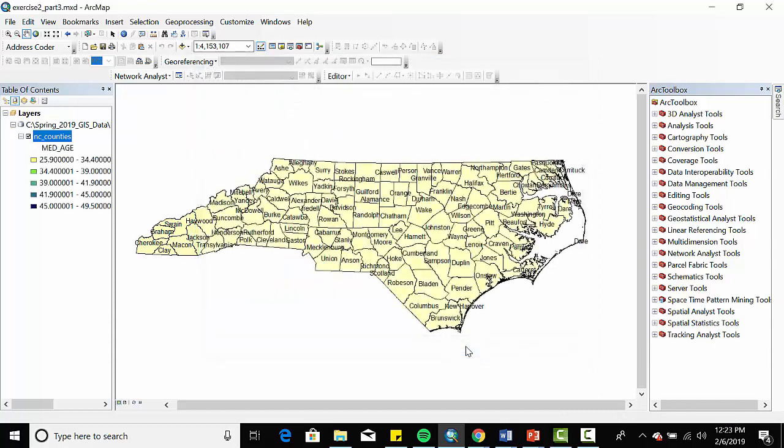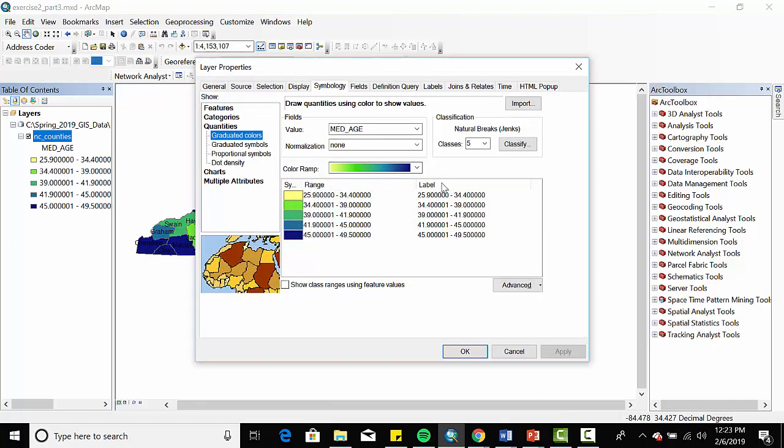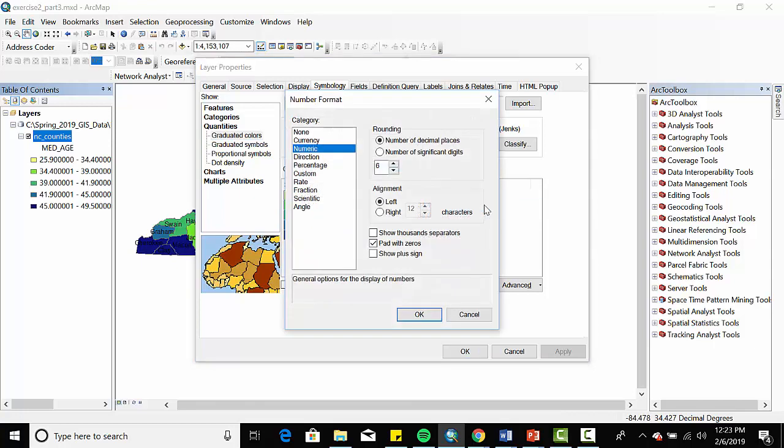And I'm going to click OK. We've got this graph here. So you can see the median age of 25.9 to 34.4 in these yellow, versus these darker ones have a median age of 45 to 49. Okay? And in the exercise, it gets into some neat things where we can reverse the sorting or format the